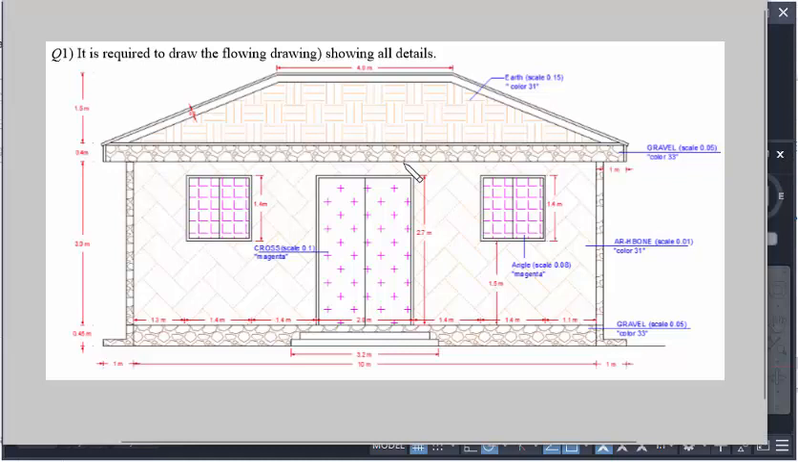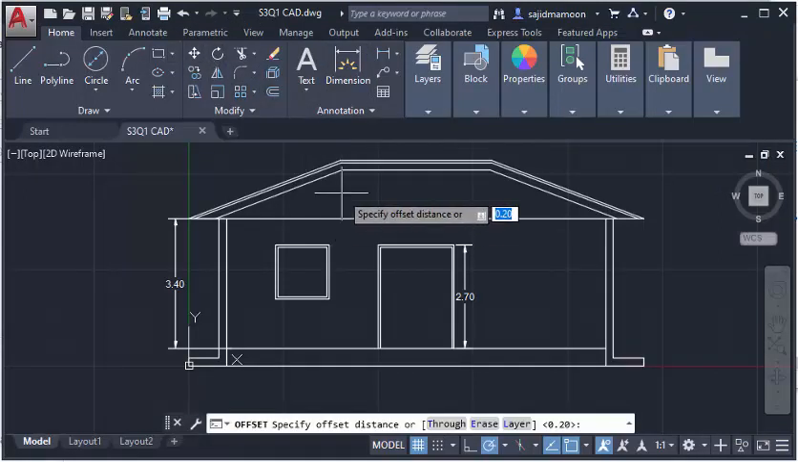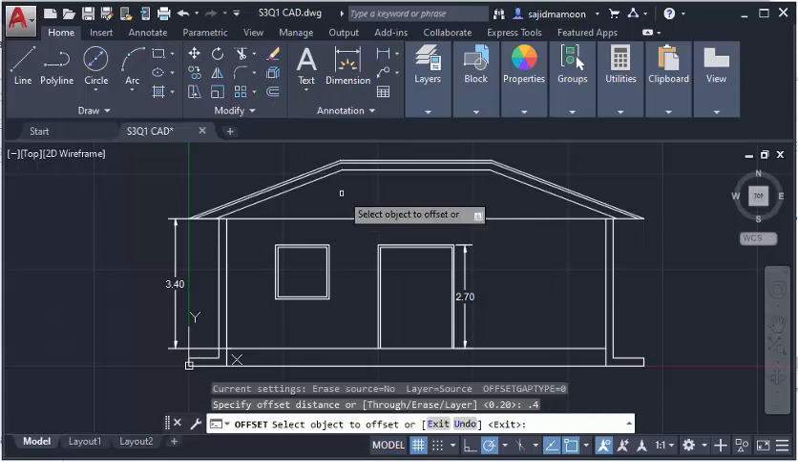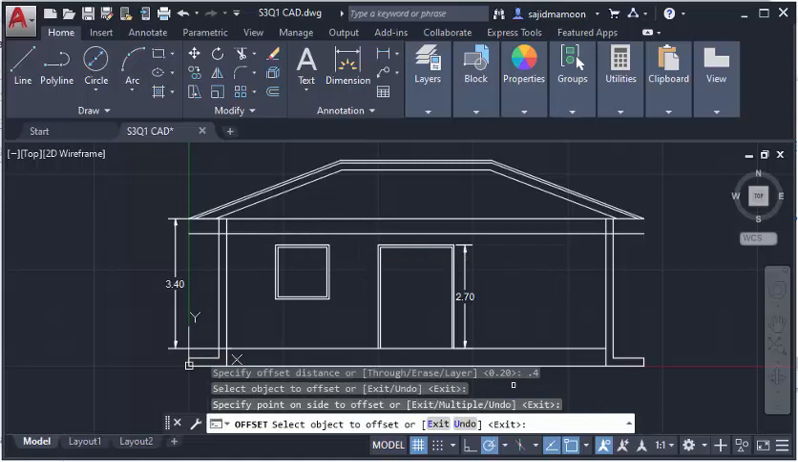So for the roof, this one over here, this is offset 0.4. So we can go here and offset 0.4 for the roof thickness, and then